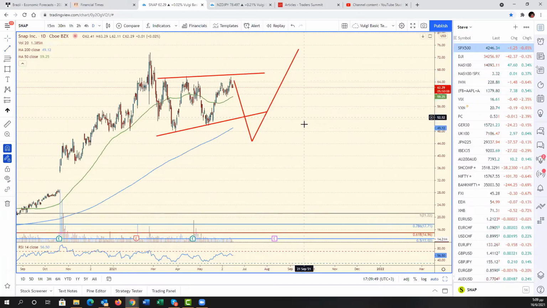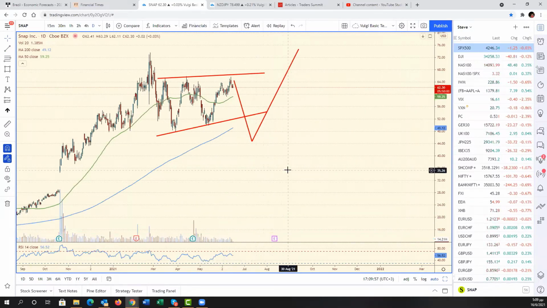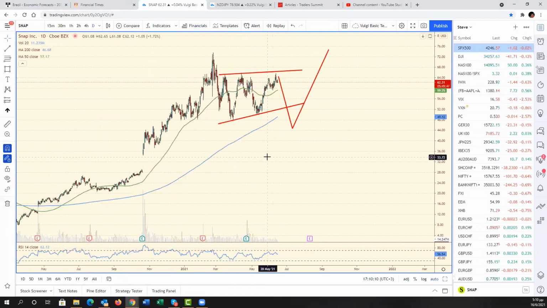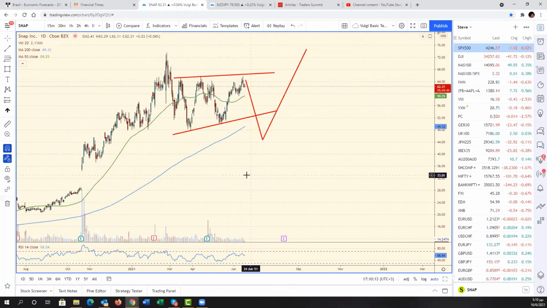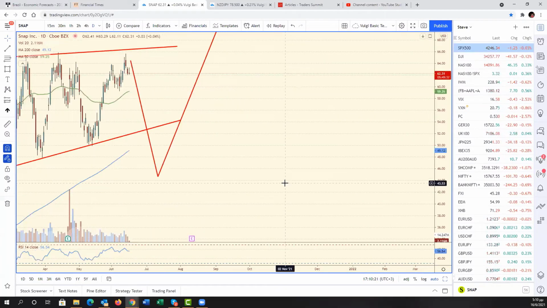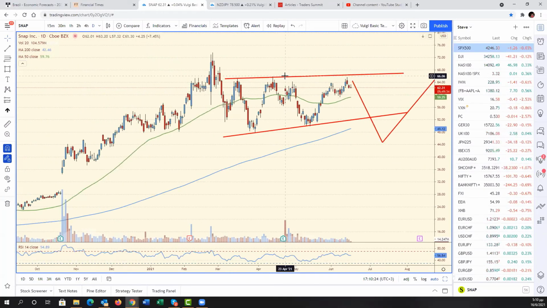This is what I would favor in Snapchat. This is what I think is most likely to happen in Snapchat, because this price action here is not impulsive and it's not bullish. I know it's been bullish overall, there's no question about it. I think there is more downside to go, or at least more consolidating before we can move higher. So I wouldn't be bullish Snapchat in no way. If I was to do something with it, I would be selling it against the recent highs.